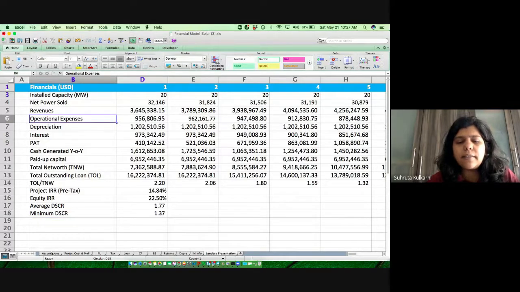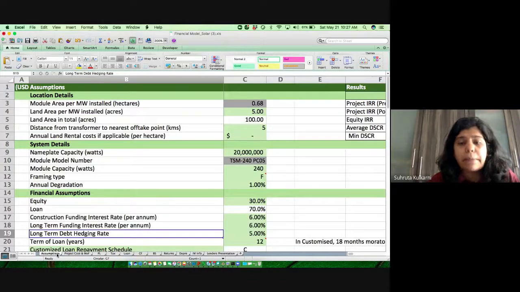Now, the type of sheets or pages that I have in the model will differ from industry to industry, and will differ for the objective that you're looking at. Not all models will be as complicated as this. Not all models would be as simple as this. So this is kind of an intermediate model. There are models which are multiple pages, especially the road toll projects that we have.